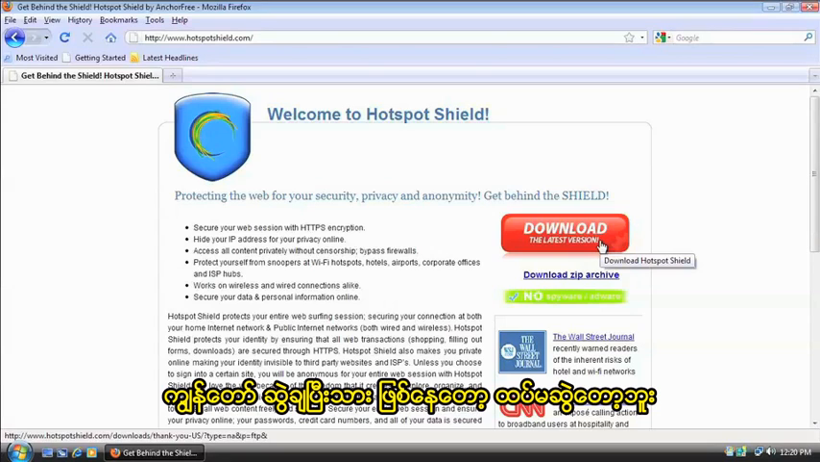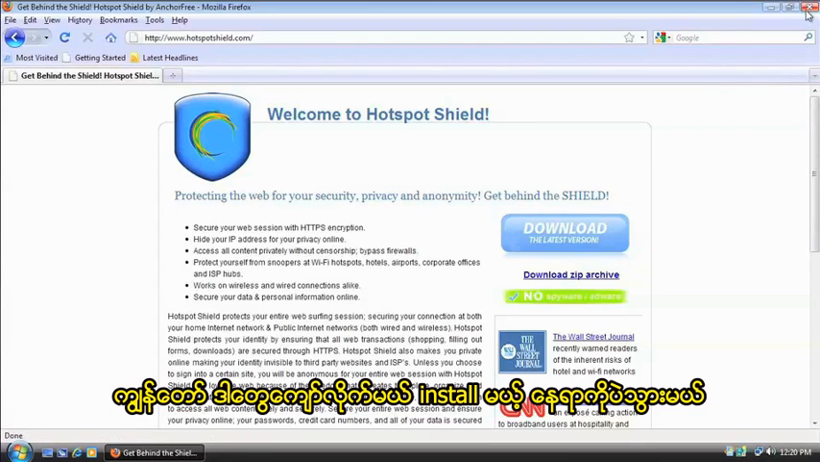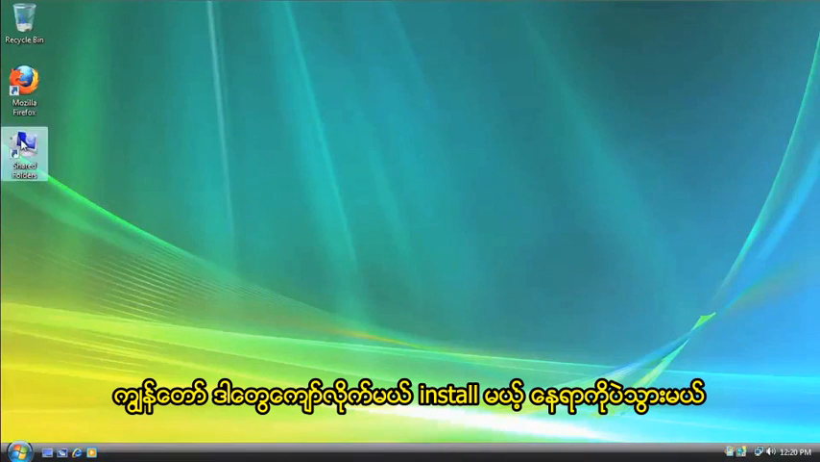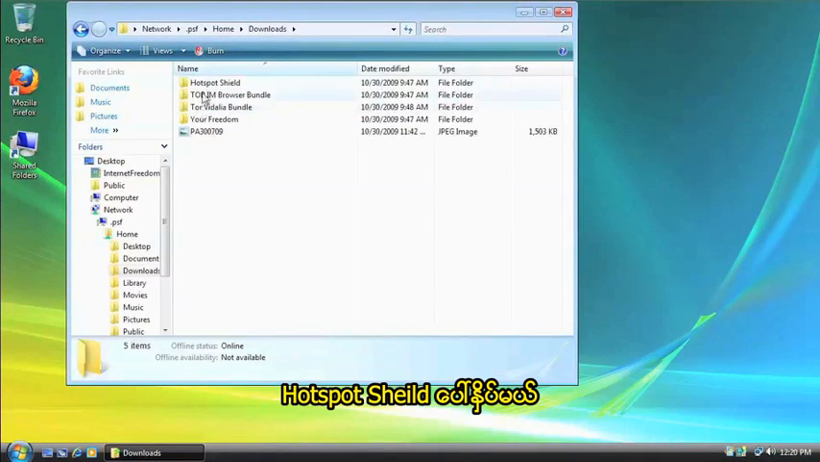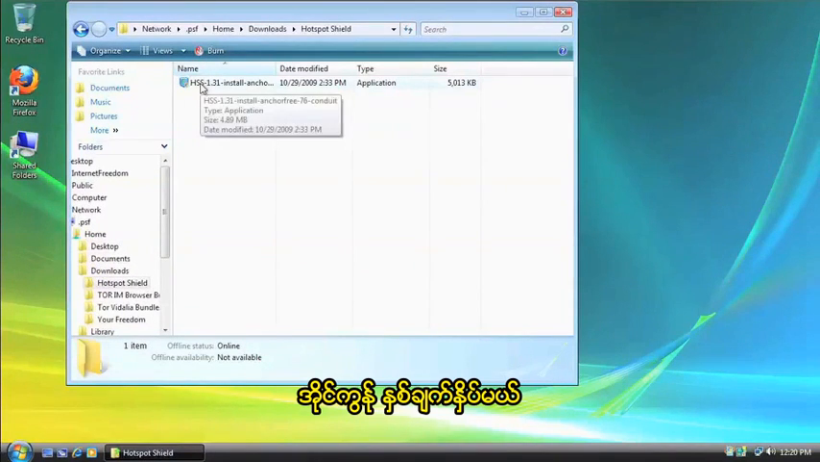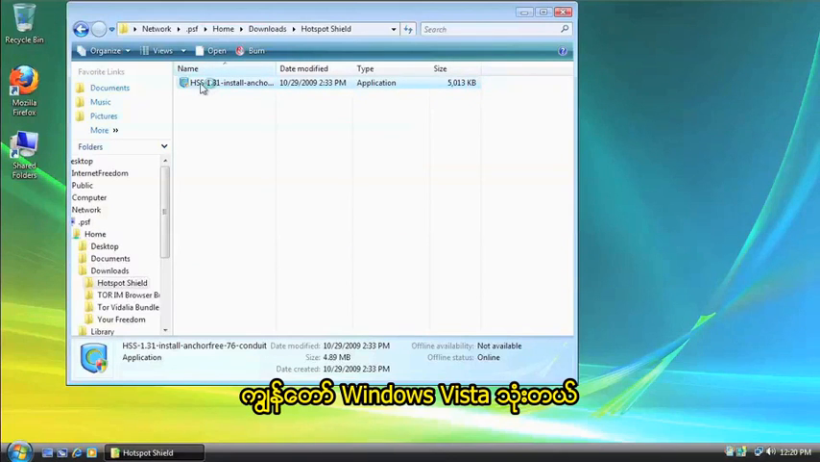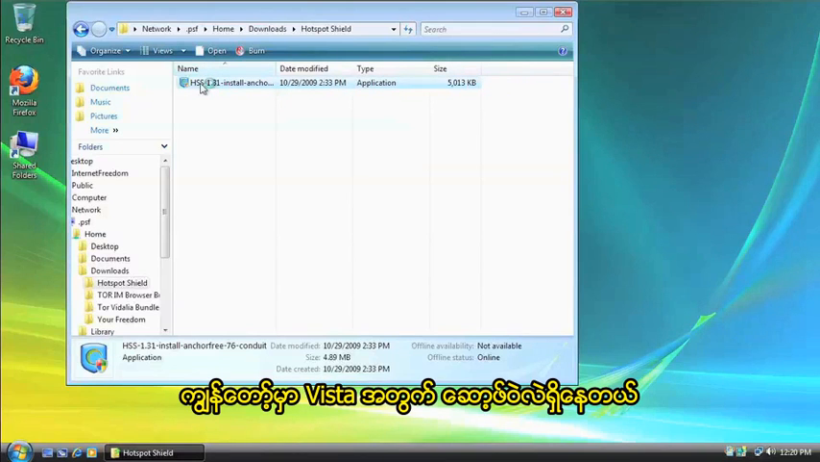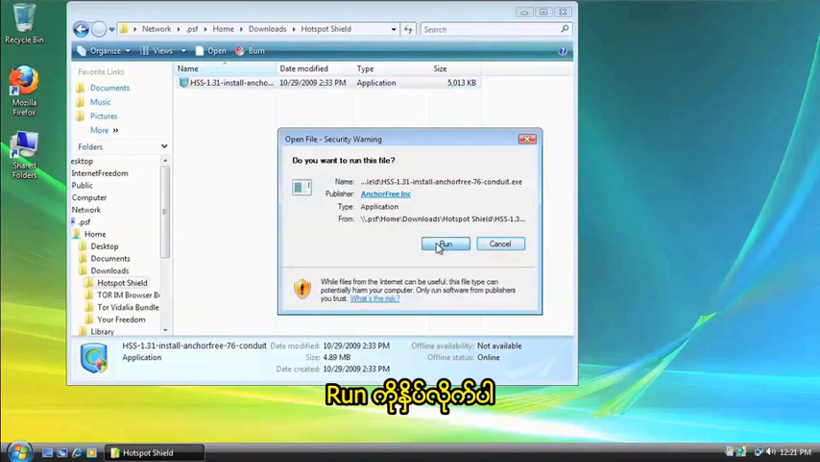I've already downloaded the software, so I'm not going to do this, but you just click it, download it, remember where you saved it, and then go to it. So I'm going to X this out. I'm going to go find my installation, downloads, HotspotShield, and then double click the icon. Now I'm using Windows Vista right now to install this, so I have the Vista version of the software. Click Run,